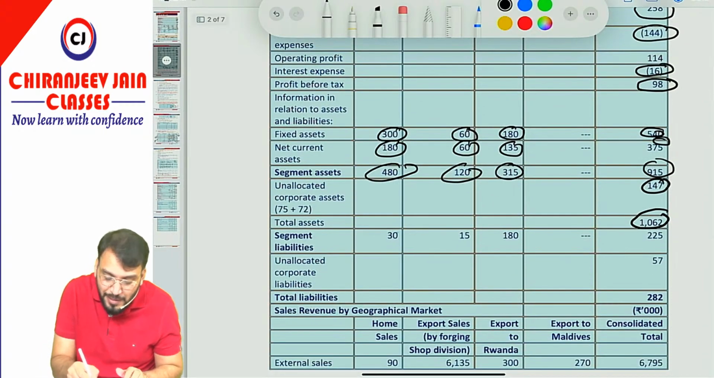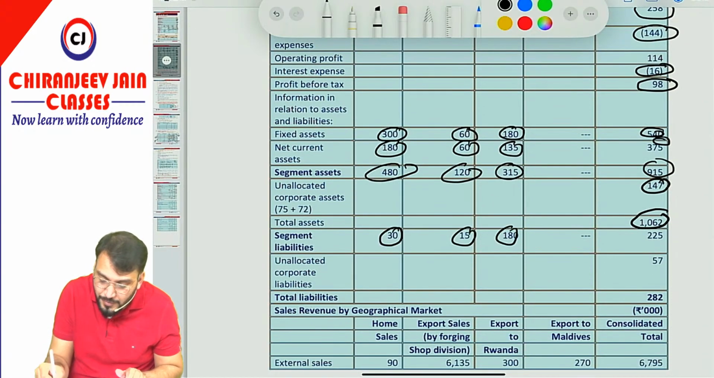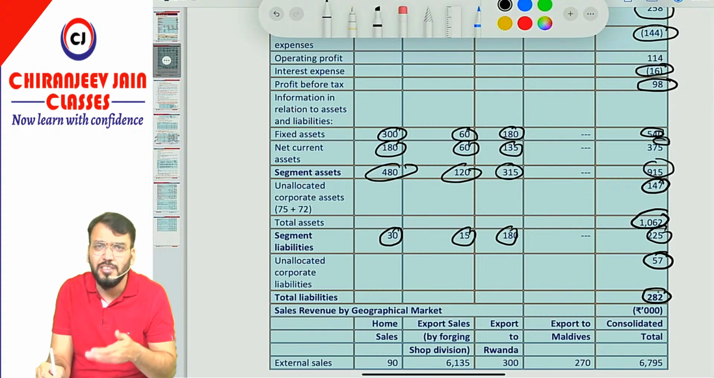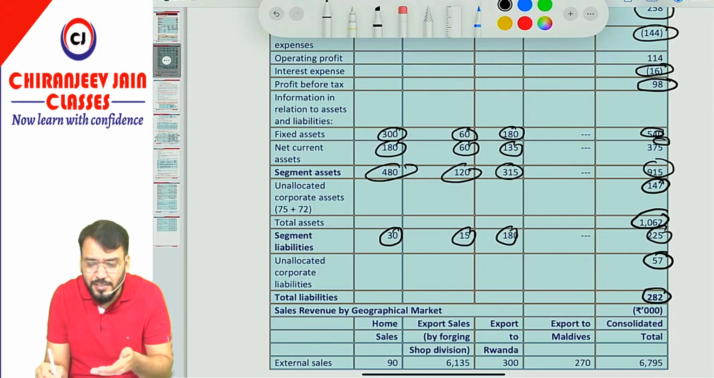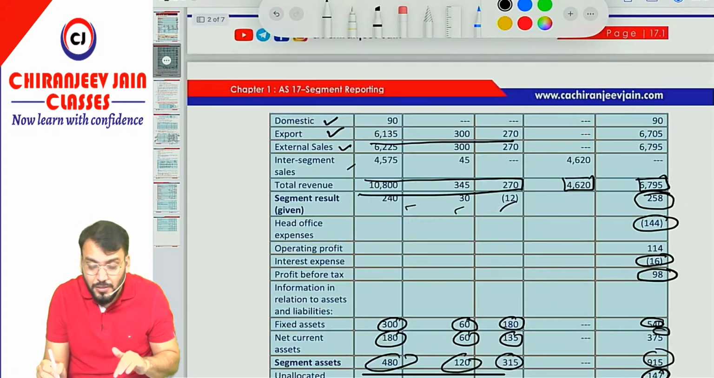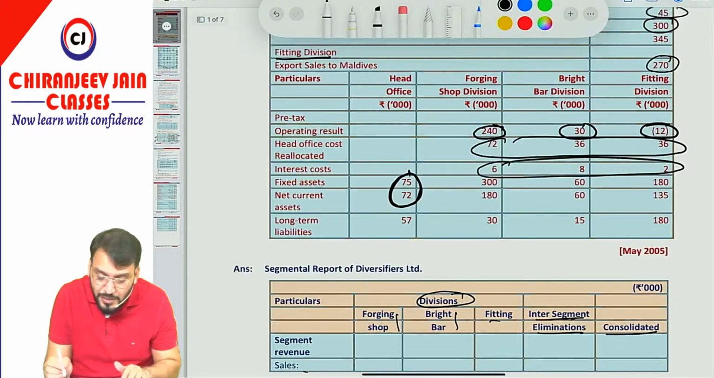Similarly they have given segment liability, segment wise, correct. Unallocated corporate liability given, they have given total liability. In this question they have not given any information about share capital, reserve and surplus, therefore ignore. Now if you read the question, they have given some information